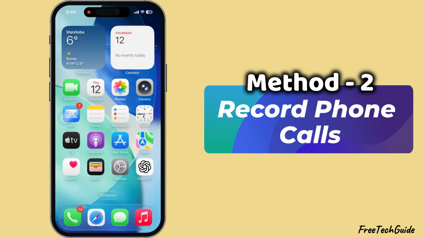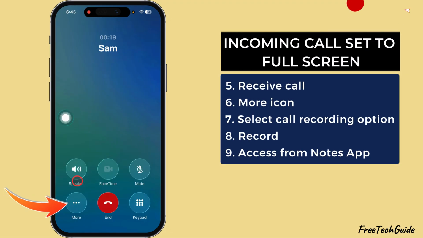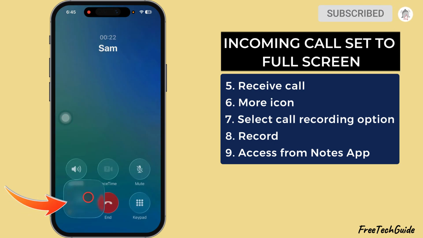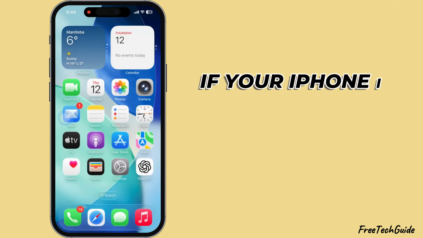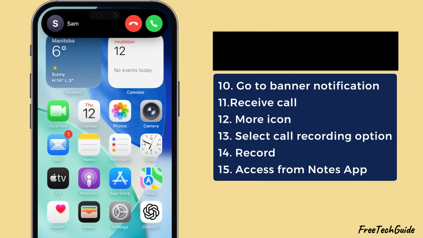Method 2. Record phone call. When your iPhone rings, you can easily record the call by tapping the More option and selecting the Call Recording button. If your iPhone is unlocked and you receive incoming calls, go to the banner notification, tap the green button